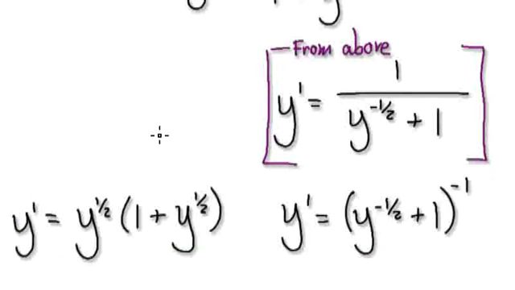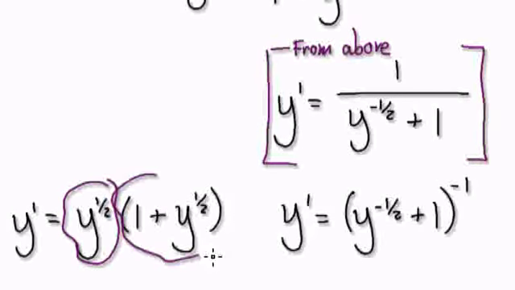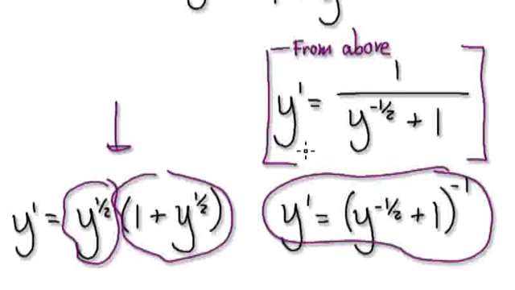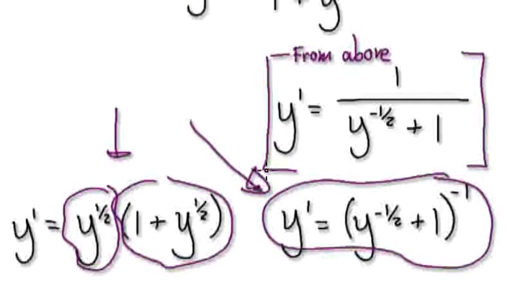But the thing is, when you come to differentiate it again, would you rather differentiate this thing here, where you've got to use a product rule, or would you differentiate this thing here? You see, I would choose this one here. So after all that,